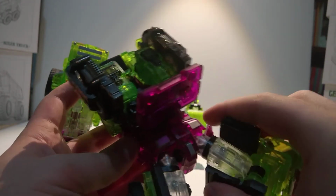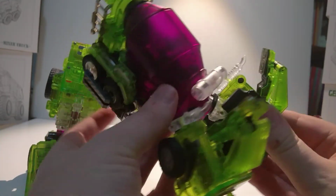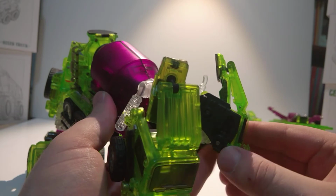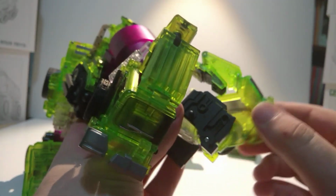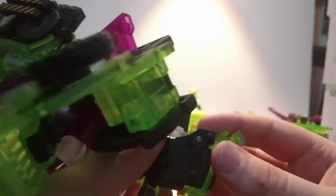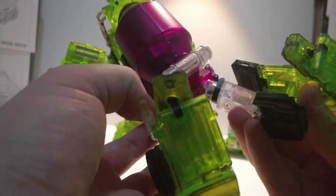Just so they're out of the way and they're where we'll need them. Alright, now we'll take a look at this little tab. You'll want to pull it sort of sideways to unlatch it and free that part. Same on the other side, free that part. Now, we've got to reattach the legs to each other